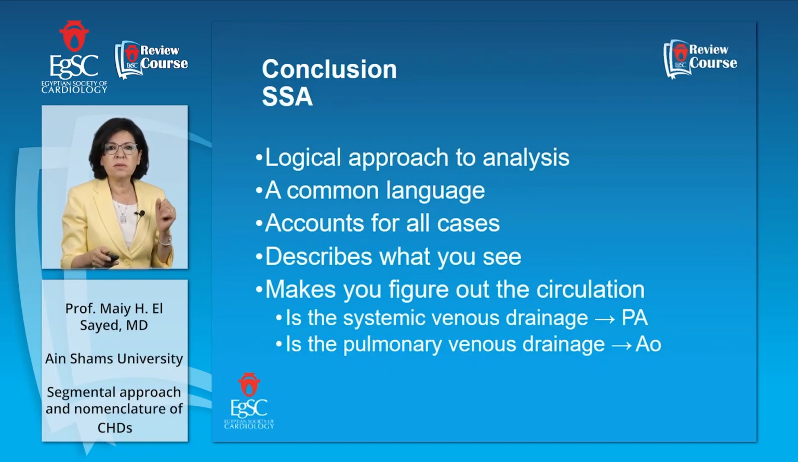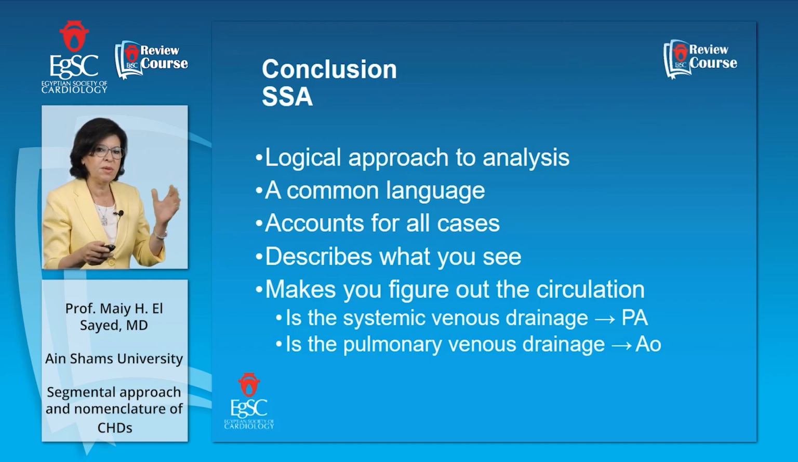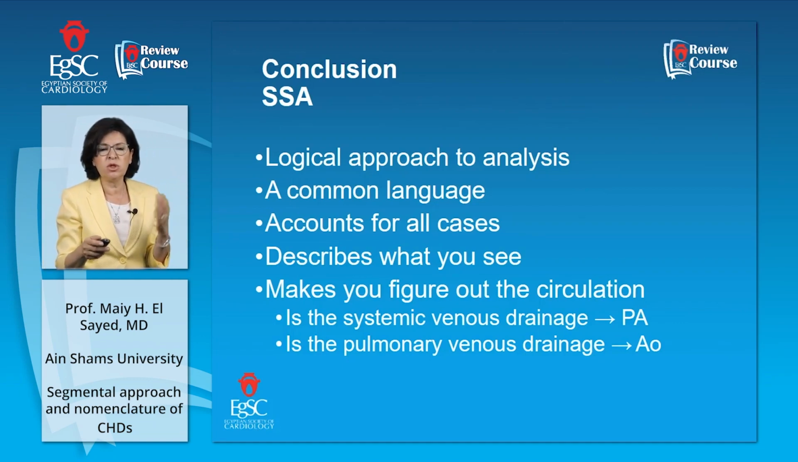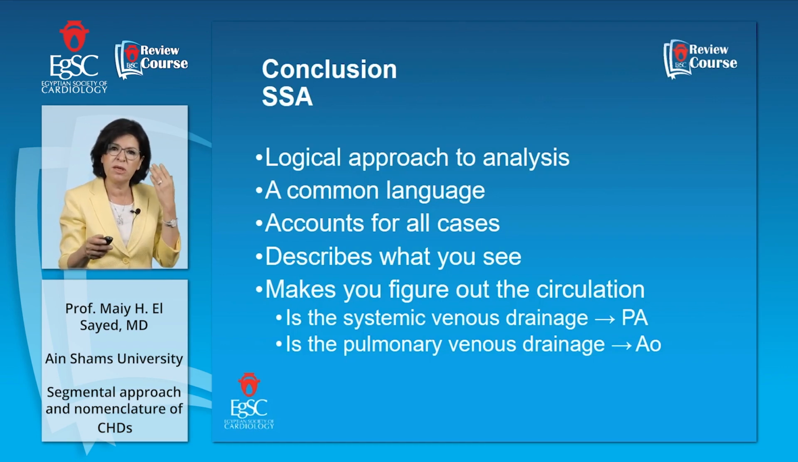So in conclusion, what does a sequential segmental analysis offer? It offers a logical approach to analysis. It offers a common language that we all understand. It accounts for all cases, so instead of saying just a TGA, maybe some people would say, this patient has a double outlet right ventricle with a TGA. What do you mean? You can say a double outlet right ventricle with an anterior aorta and posterior pulmonary artery. This would be more